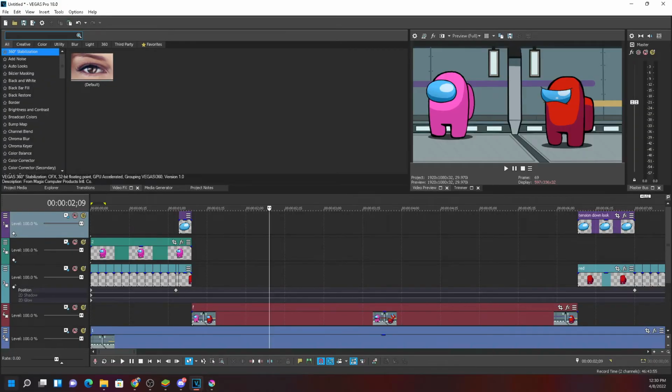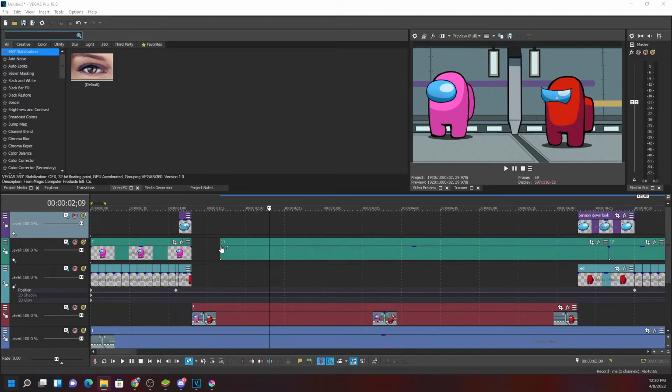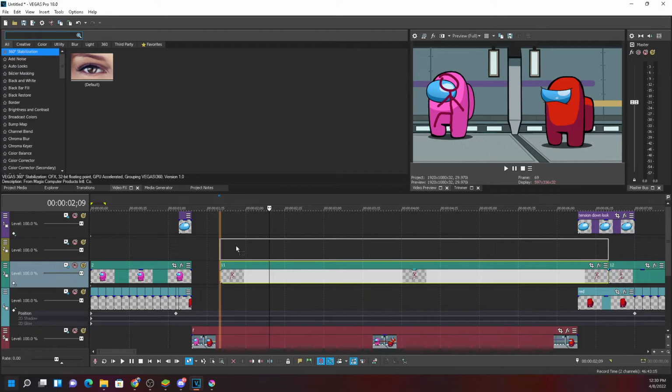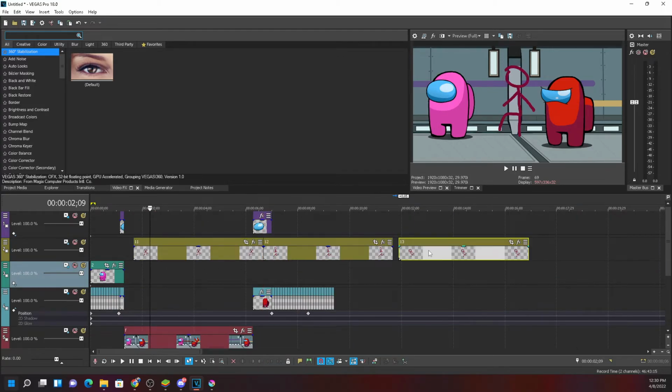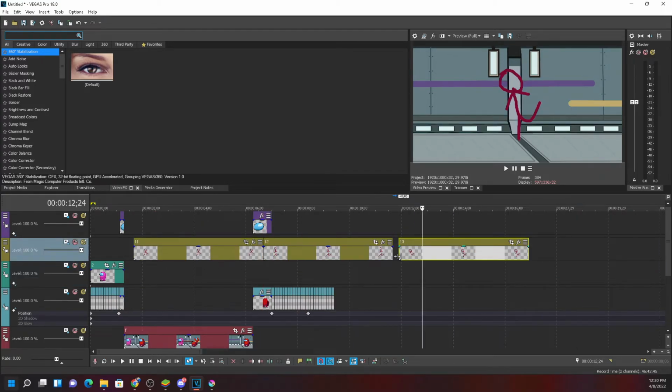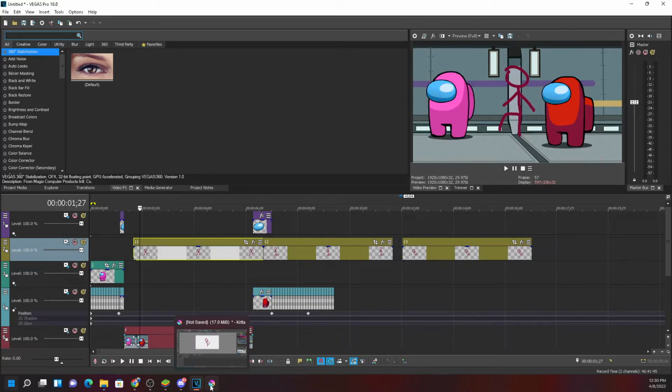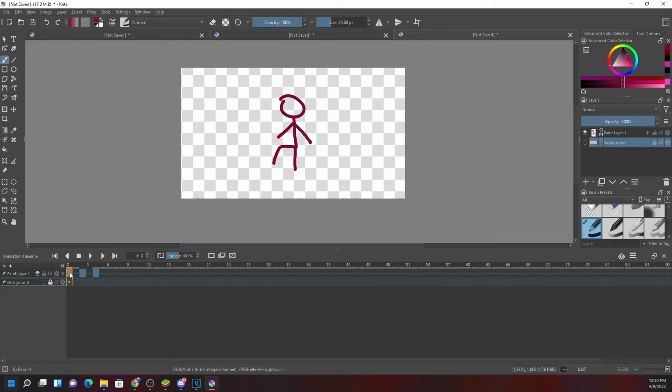So right now I will drop those images that I have saved and create a new one. By default, if you drop any images, the images will fill this much frame. There are so many frames in between, so you need to observe how many frames are left between them.